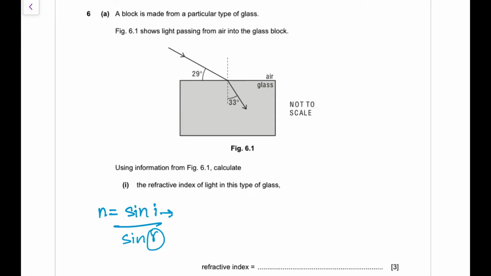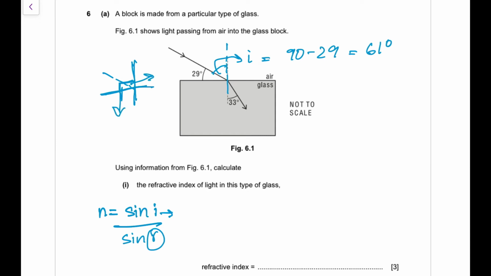Angle of incidence would be the angle between the normal and the incident ray. So here you've got the angle of incidence, which is going to be equal to 90 minus 29, and so this will be 61 degrees. If you're confused as to why that's 90 minus 29, it's because between the normal and the surface of the glass, the angle is 90 degrees, and so to find this particular angle, you'd subtract from 90 the value of this angle. Okay,